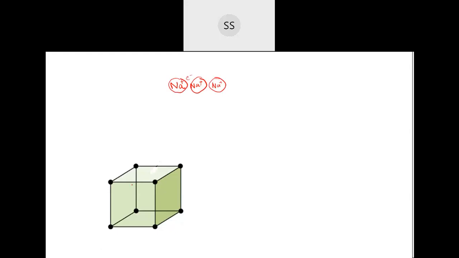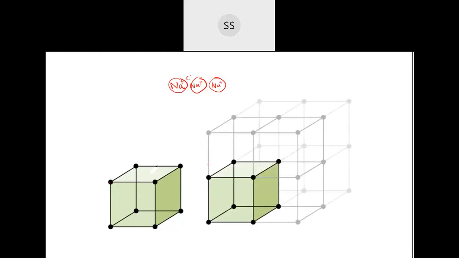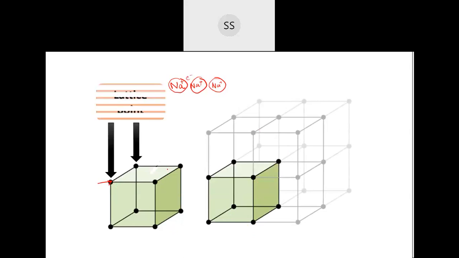So this is what we are representing here. Imagine these points which are there are the sodium ions, which are arranged one after the other. When they are arranged like this, continuously, you will be able to get this three-dimensional structure. Can you see here? A big three-dimensional structure you are able to see, where each and every point is there. These black color points which we have denoted here are called lattice points, which in the case of metal will be sodium ions.